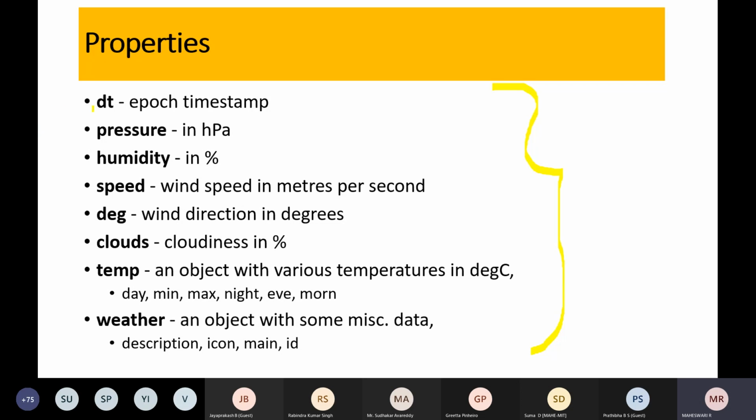It will give you the date, the timestamp, pressure, humidity, the speed, the degree, that is the wind direction, the cloudiness percentage, the temperature, the day, the minimum temperature, maximum temperature, whether it is night, evening, or morning. All this weather related data will be displayed here.